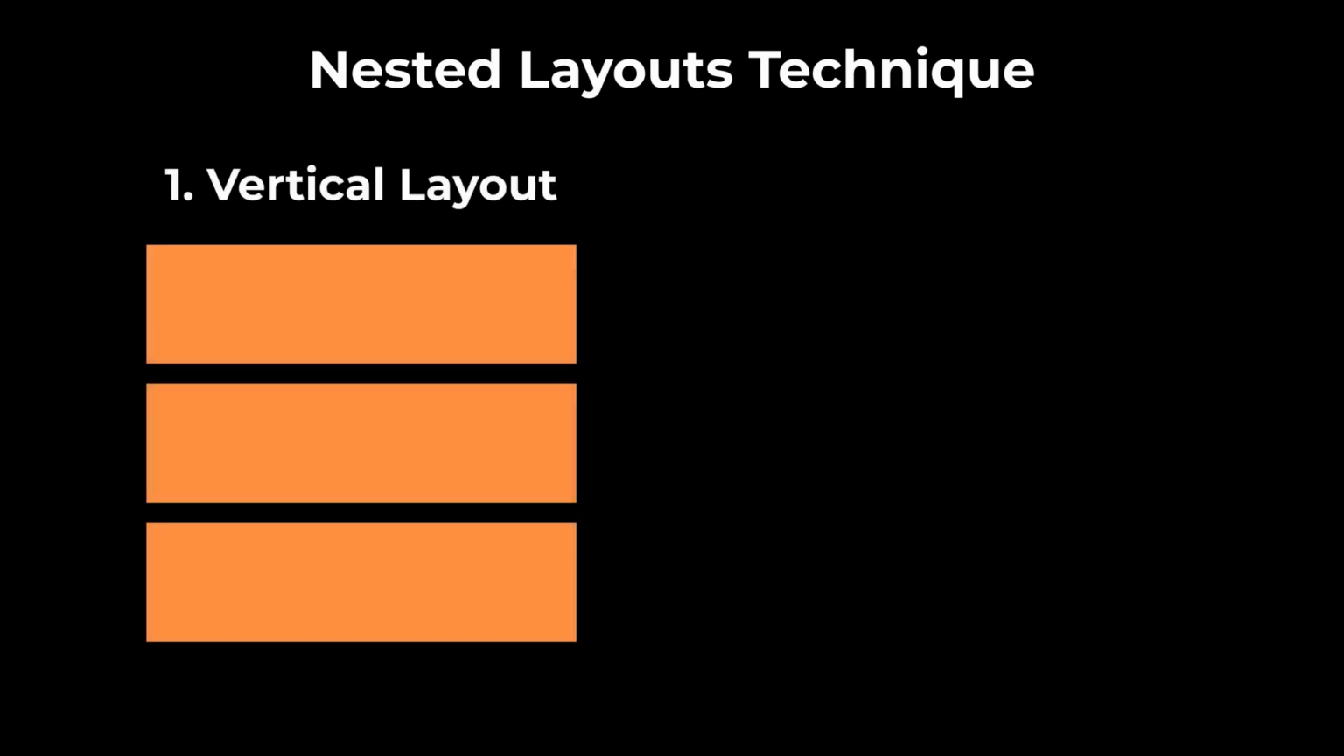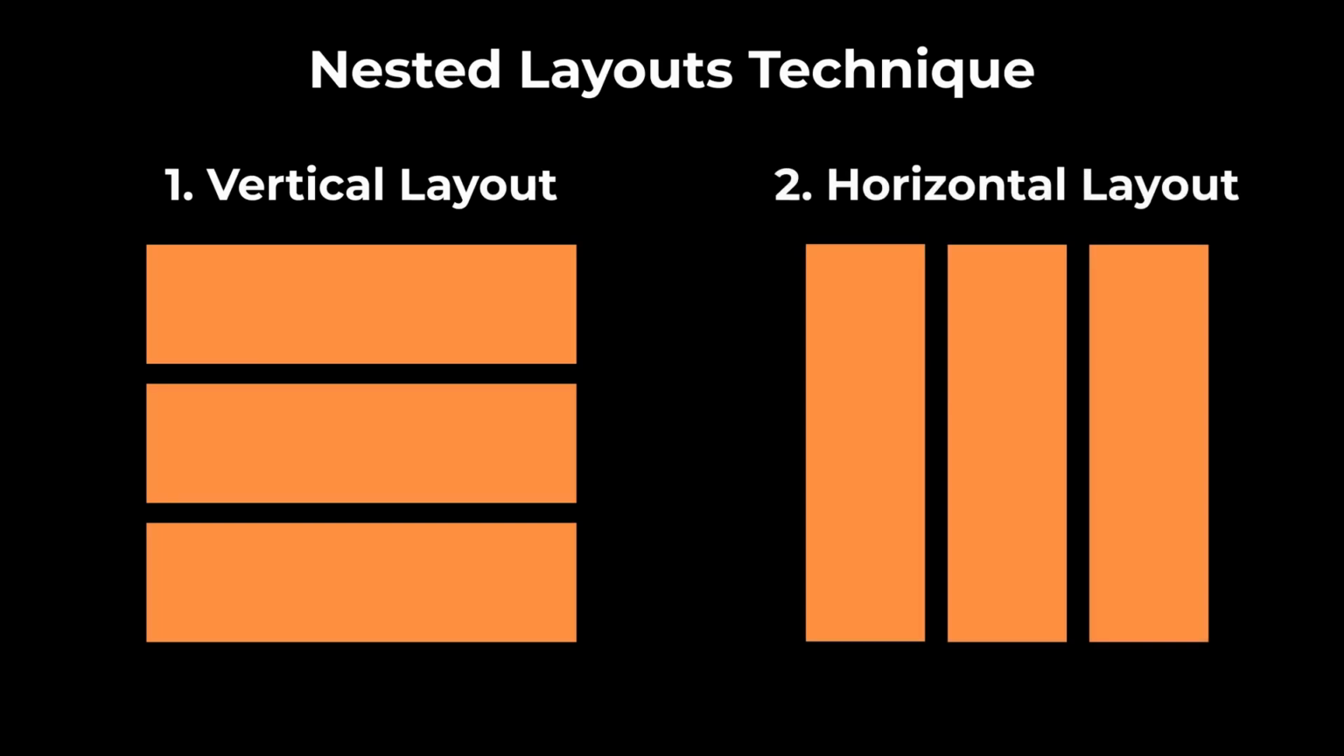The basic idea is that there are two types of layouts. The first one is a vertical layout, which looks like this, where items are on top of each other. And then the second one is a horizontal layout, which looks like this, where items are beside each other. And by using a combination of vertical and horizontal layouts, we can create almost anything that we see on a